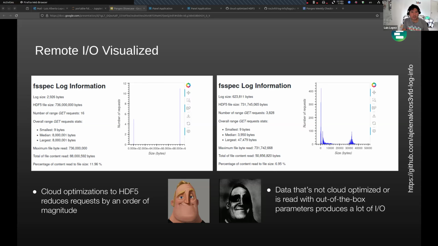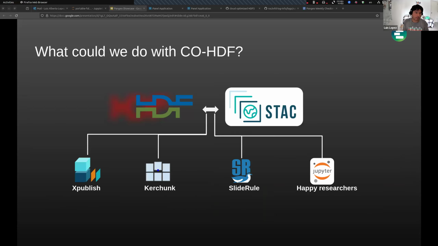And now let's imagine a world where we're dealing with cloud optimized HDF file. What are the cool things that we could do with that? One of the things that we could do with that is that not only we will be taking advantage of the speed natively is faster, but you can also be making the downstream tools and services faster too. Not by a lot, but if you're dealing with a lot of data and you have cloud optimized HDF, you can make a huge impact in access speeds and egress for all